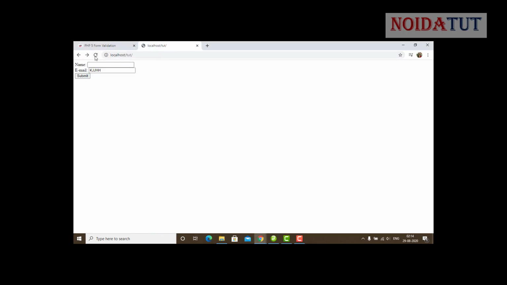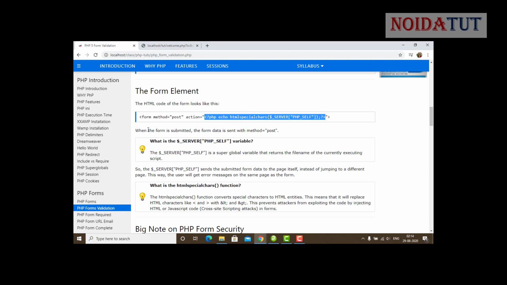You can see this is going to direct to the current page. This is going to take the current value. When the form is submitted, the form data is sent with the method post. What is the server PHP_SELF variable?